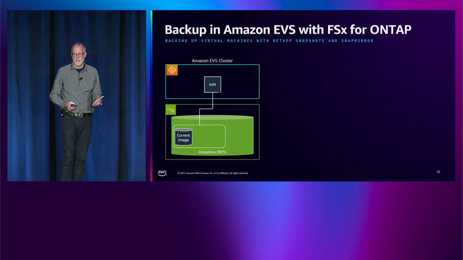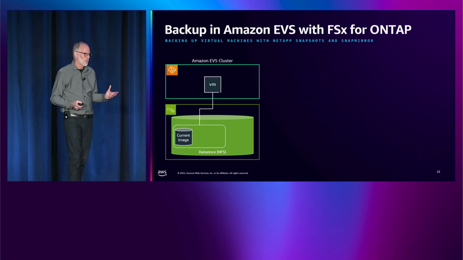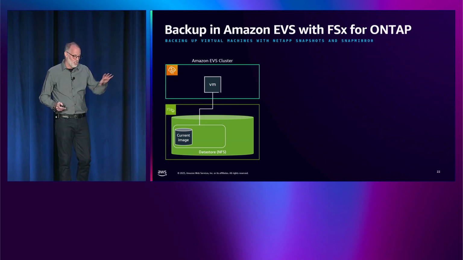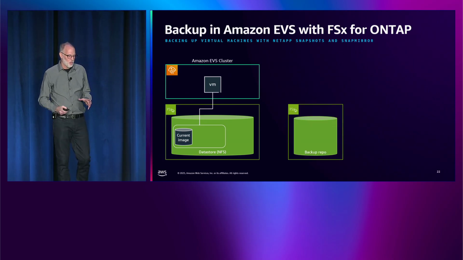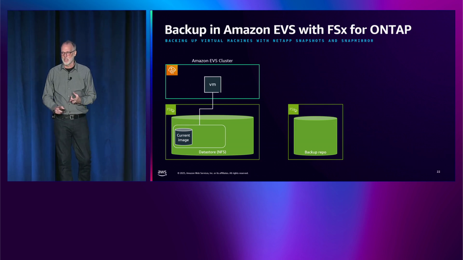Now let's compare that with doing your backups if you're running your data stores on FSx for ONTAP instead of on vSAN. So we still have this current image, right? The main thing is we're going to set up a separate FSx for ONTAP system just to house the backups. Now, the good thing about this separate system is that we can scale it down, right? We don't need a large throughput on it, so you'll pay less for throughput. We're going to put a pretty minimal SSD tier,